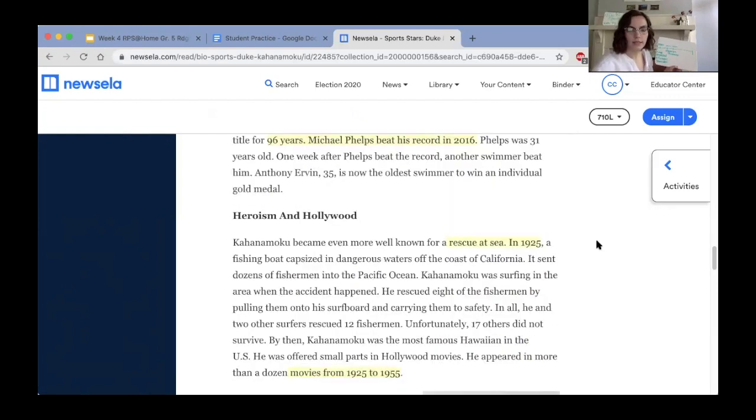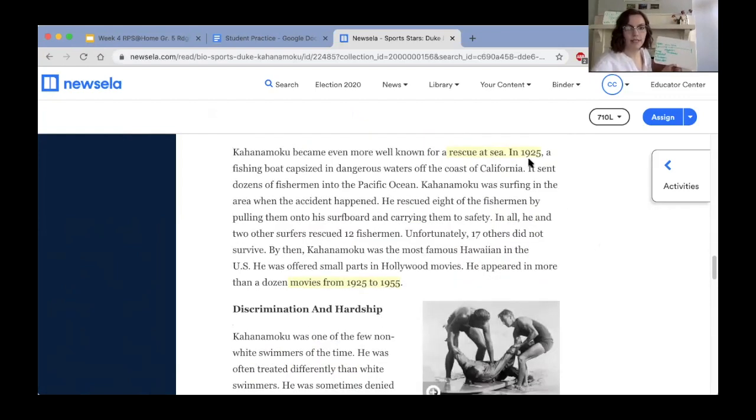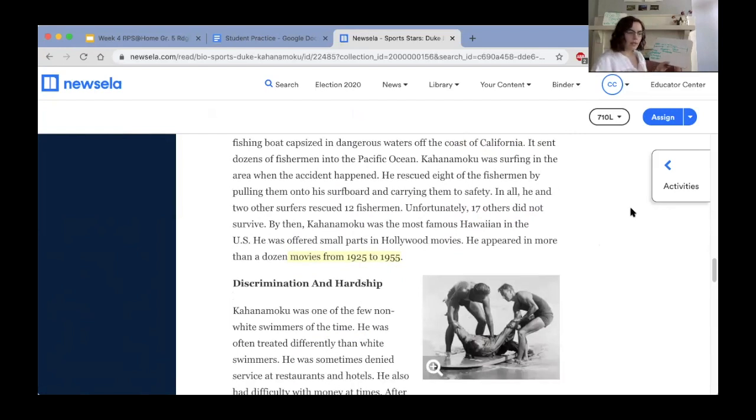The next date that we have is 1925, and this is when he rescued the fishermen. So, rescue. One thing you might consider doing for your timeline is put the paragraph number if you're using paper, so that tomorrow you can go back and find the evidence from the text about this. The next thing that we're going to have